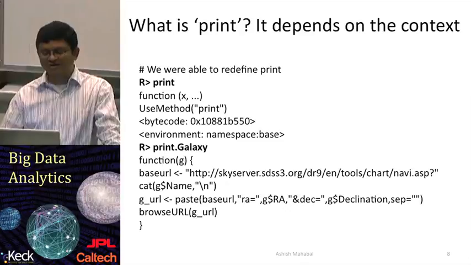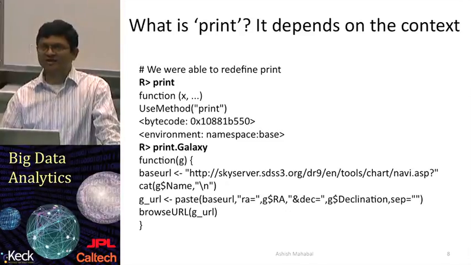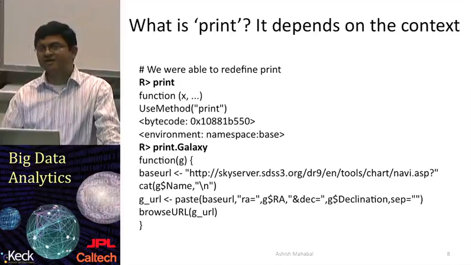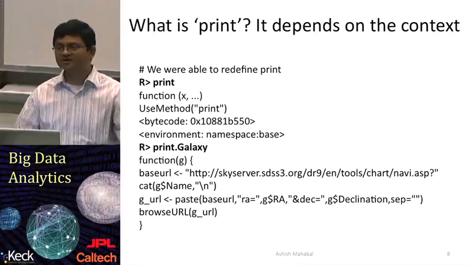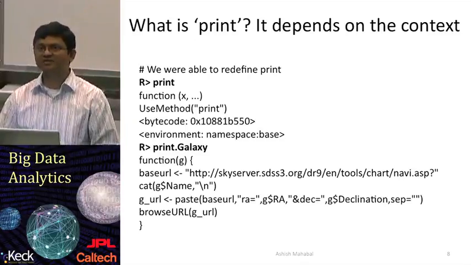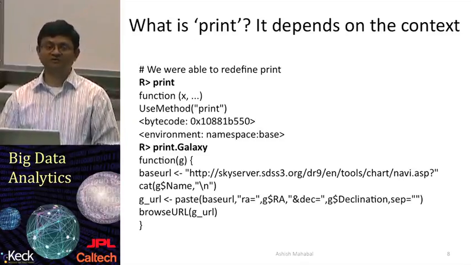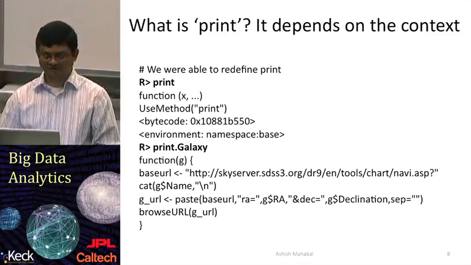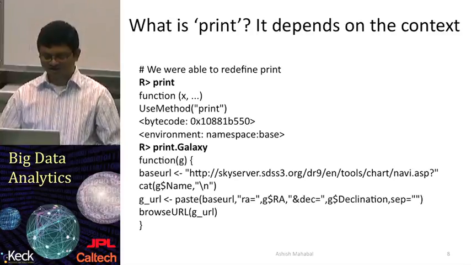And so when you say print.galaxy without any arguments just by itself, it tells you how that particular function is defined. That is another very useful thing in R. If there is a function and if you simply give the function name, it provides for you the body of the function. So you can take a look at any function that R is using at any time just by typing the name of that function. So here we see the definition of our